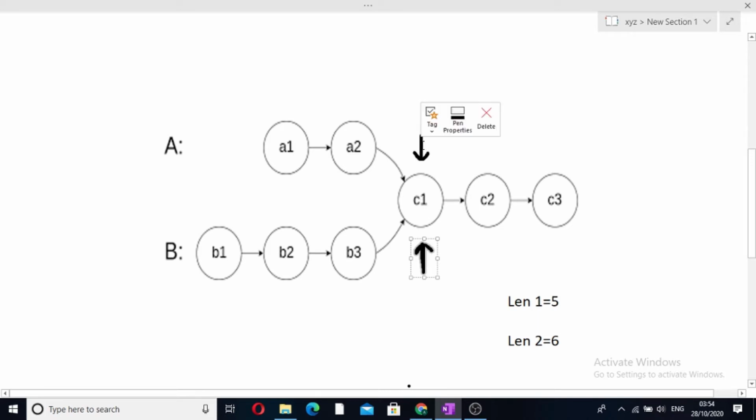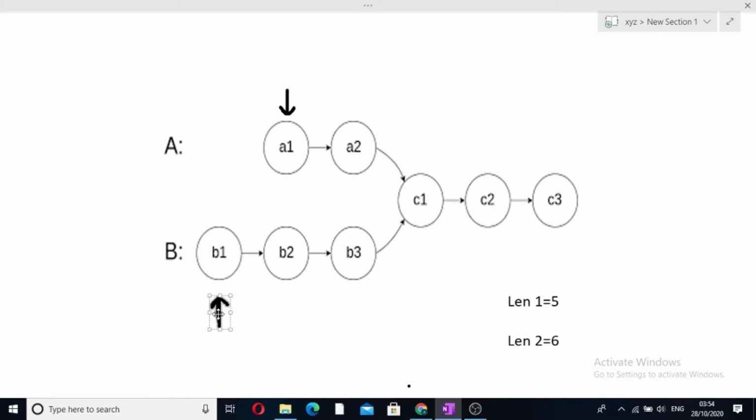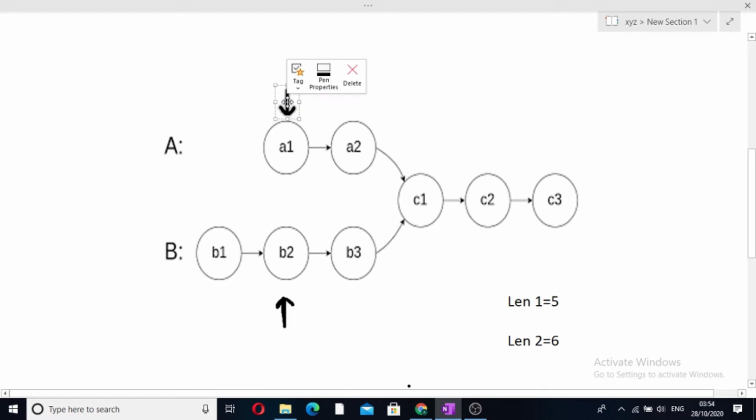I will again repeat my approach. First of all, I calculated the length of the linked lists, and found out which linked list is of higher length. For the linked list of higher length, I made the pointer starting from its head move forward by the number of nodes equal to the difference between the two linked lists. Why have I done that? So that afterwards, when we move both the pointers one by one, they converge at a particular point, and we have seen that they both converged at the same point where the intersection can be found. So this was the entire approach of this question.